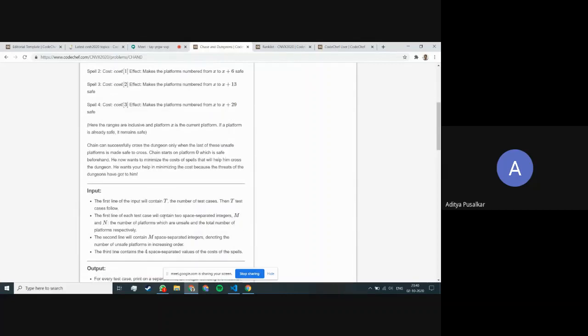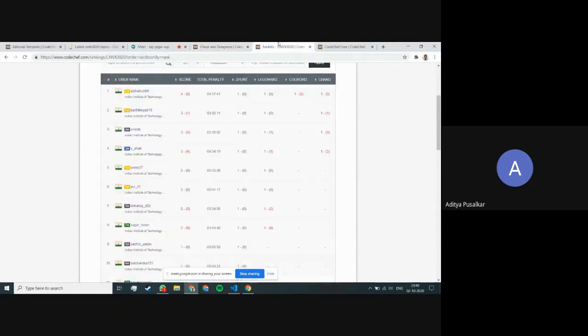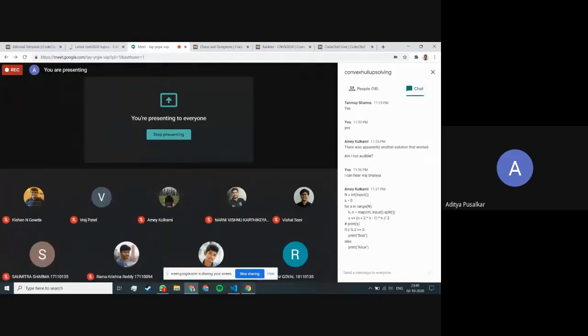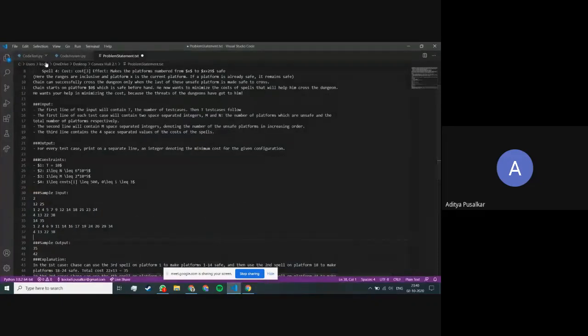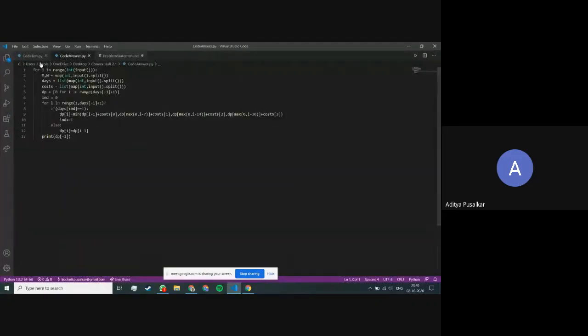So the solution is a DP question. At any point, let's have a look at the solution and walk through it. When we go through the list of days that we have, certain days will be marked in this list days, which we know the platforms will be unsafe.